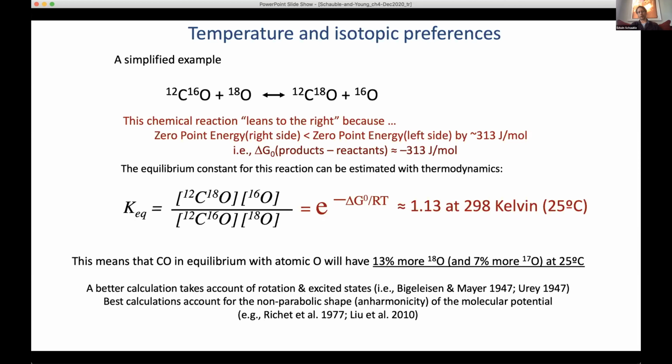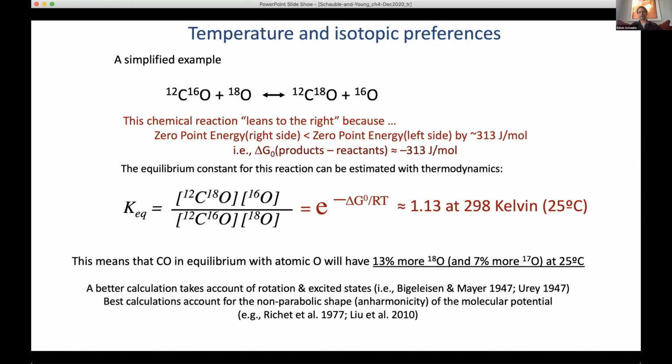Because there's a free energy driving it that way. And so if we just put in the equation many of us have nightmares about from our high school chemistry class final preparation, it works out to something like an equilibrium constant of 1.13 at 25 degrees Celsius. The general rule here is that you get about 1 per mil for every 2.5 joules per mole at room temperature. And so that corresponds to about 13% more O18 going into carbon monoxide in equilibrium with atomic oxygen at